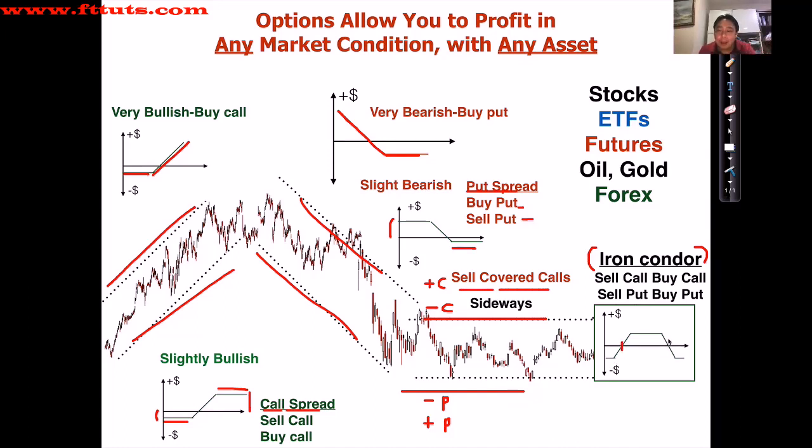Where when the stock price or the asset price remains within a range, within say $50 to $100, what happens? That's right, you make maximum profit. Of course, if the price goes outside the range, the price goes up too much or goes down too low, you end up losing money, right? But the beauty about options is that we use statistical analysis to calculate the exact probability of a winning trade.